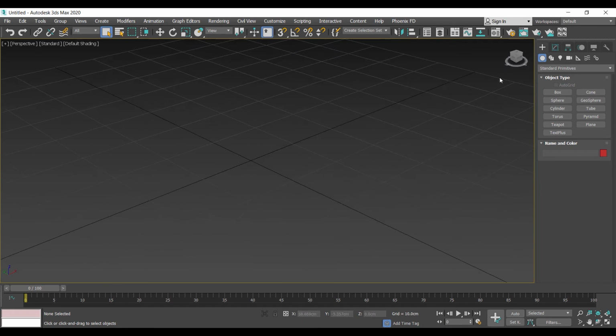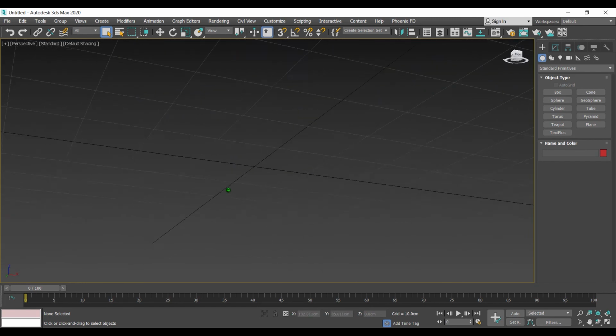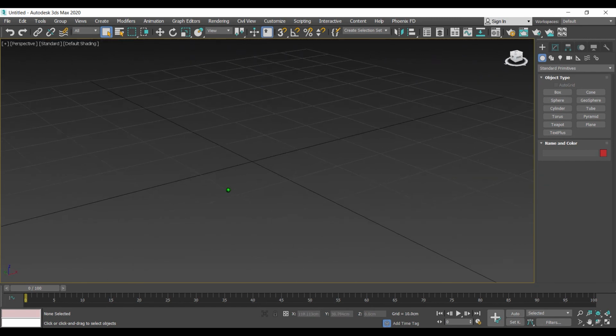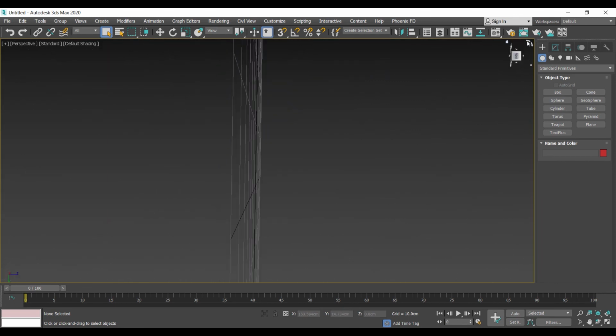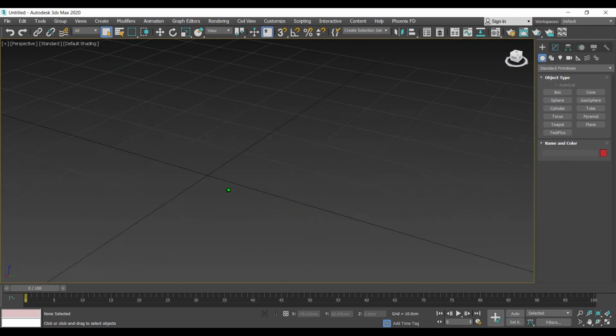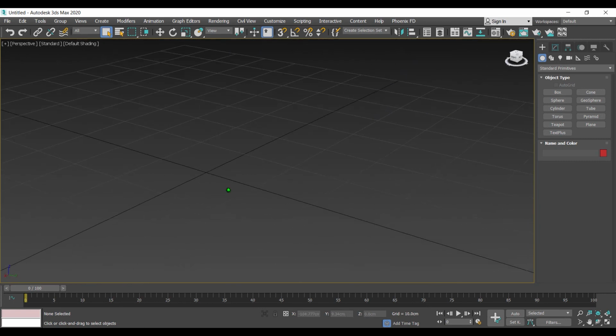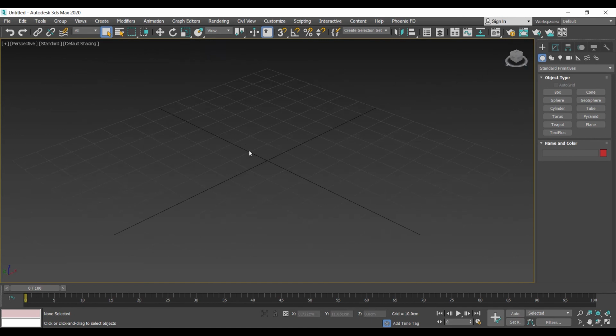And then the third thing we can use for navigation, we can use this cube. The cube is here, so I can click on it and drag, so I can orbit my view, and then I can move my view as if I have this view as if it's a cube. So I can rotate this view from right to left to back to top. I can move it horizontally and vertically. I can orbit it horizontally or vertically, and I can definitely click and drag and move it however I want. And when I'm done, I can click on this house here, which is home, and will take me back to the home view, which we started with Max as we start.